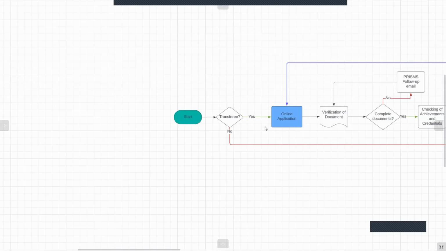Then checking of achievements and credentials will begin. If your requirements meet the standard, which is the 98 to 100 general weighted average, then you will not be required to take the entrance examination.